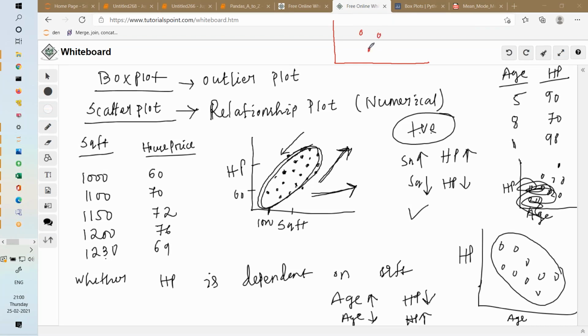Let's say I'm getting a scatter plot. This is number of rooms, right? Or, let's say, number of doors present in this house. This is my price of the house, and this is my number of doors present. And when I did the scatter plot, this is what I got. Now, in this case, can you tell me, do you find any pattern? Do you think price is dependent on doors? I said, this is how I got the scatter plot. No, right? Do you think there is any relationship?